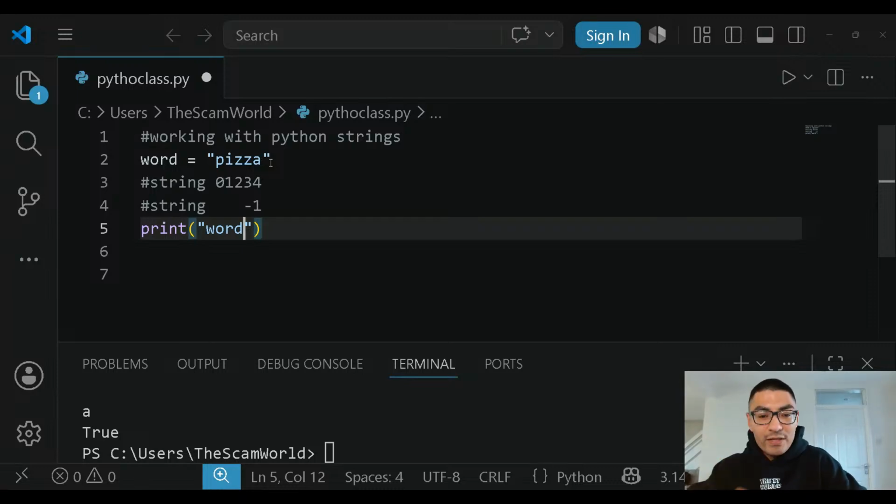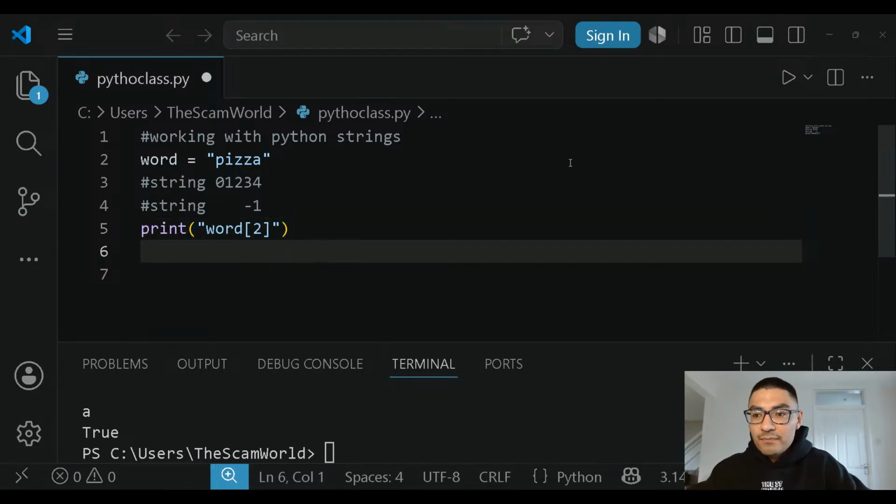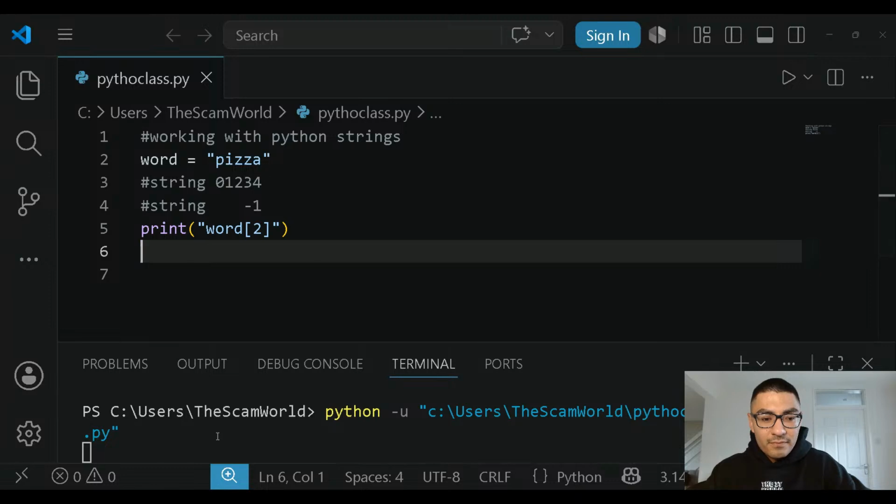But we only want to get the string. So when I open the square brackets, I say, hey, give me some of these string characters, because we're manipulating strings in this video, guys. If we do 0, it should populate the letter P. If we do 1, it should populate the letter I. Let's test it. Let's do number 2. If we do number 2, and then run this code,